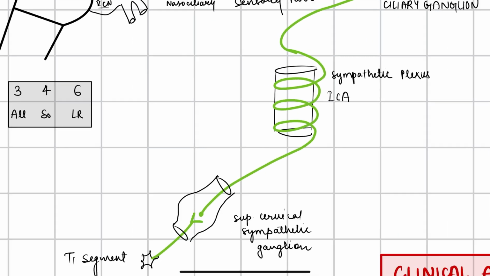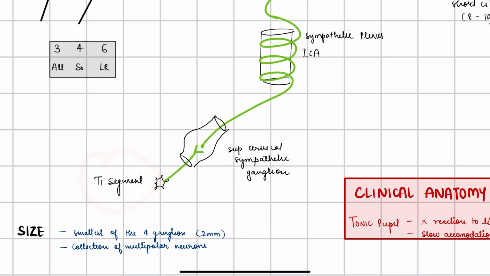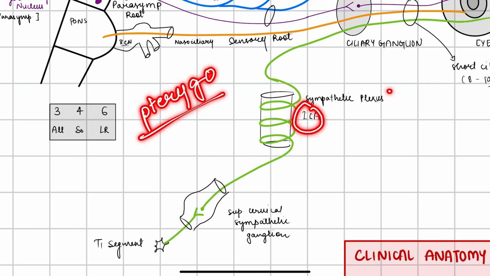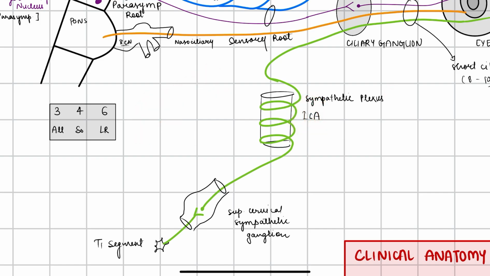If we see this T1 segment. So from the T1 segment, the sympathetic supply relays in the superior cervical sympathetic ganglion, और यहाँ से relay करने के बाद it forms the plexus around the internal carotid artery. In the pterygopalatine ganglion, we had seen that the sympathetic plexus is formed on the internal carotid artery,